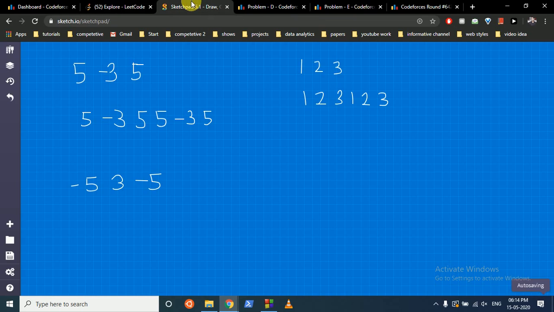Okay, the other case will be when you want to wrap around. The first thing which comes to your mind is you can add the two arrays side by side, as you can see in this, and now find out the maximum subarray sum. Now as you can see, 5 and 5 come side by side, the answer will be 10. But this is not true, because if you take this, the maximum subarray sum, according to the formula, will take the whole array and it will be counted twice. I hope you understand.